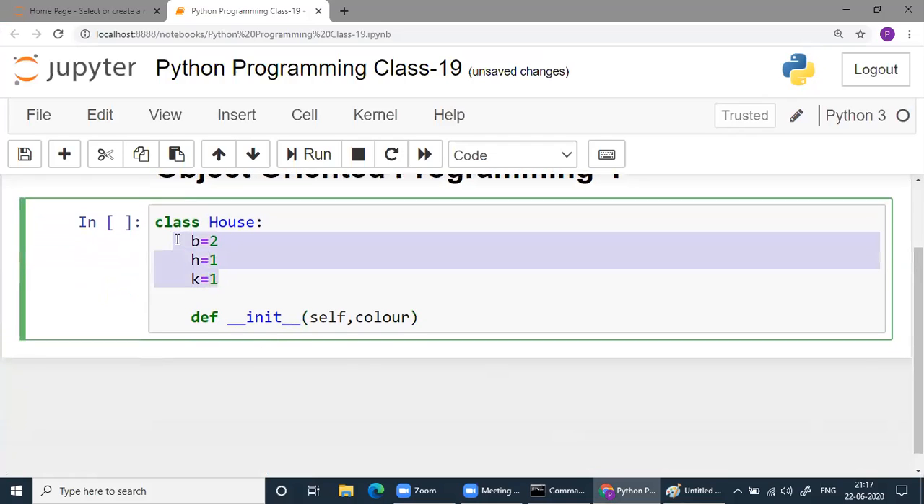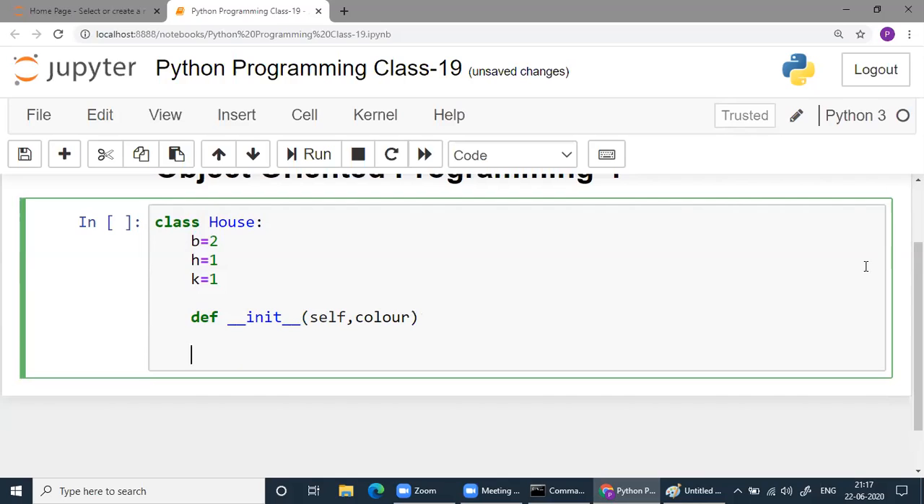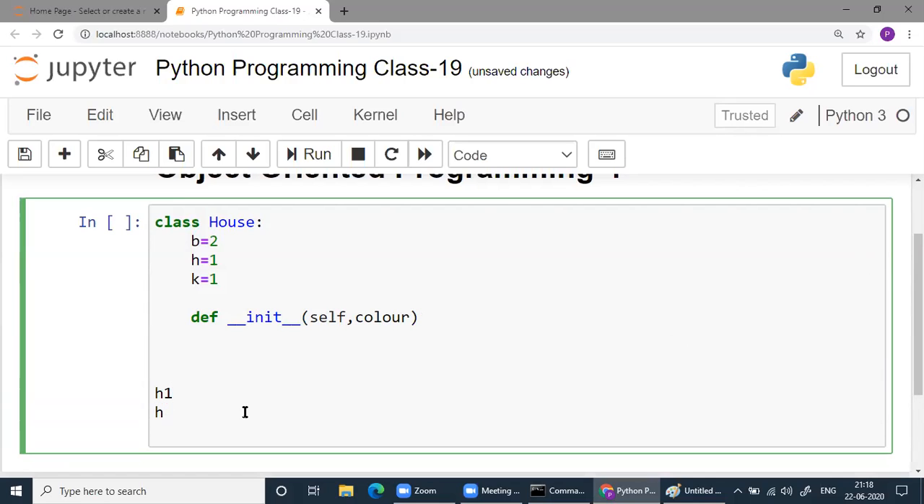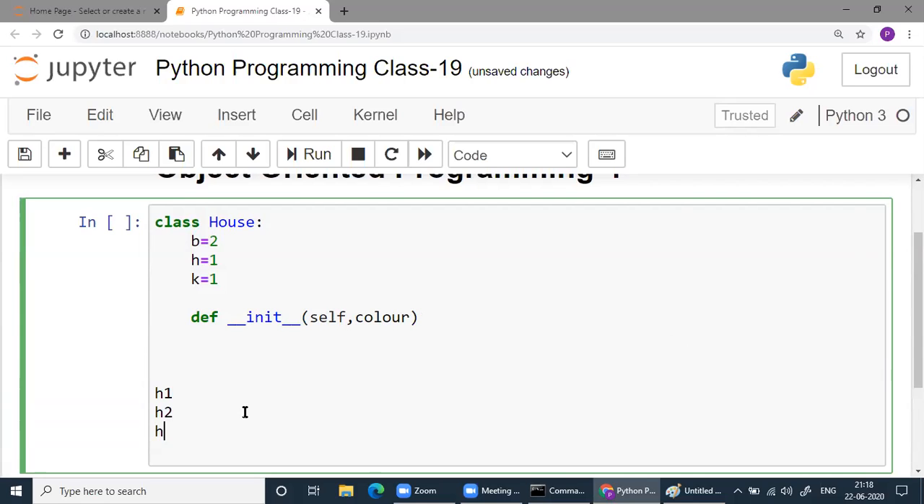These are same, right? And this is different. And I want three objects here: H1, H2, H3. H1 is of type house. So